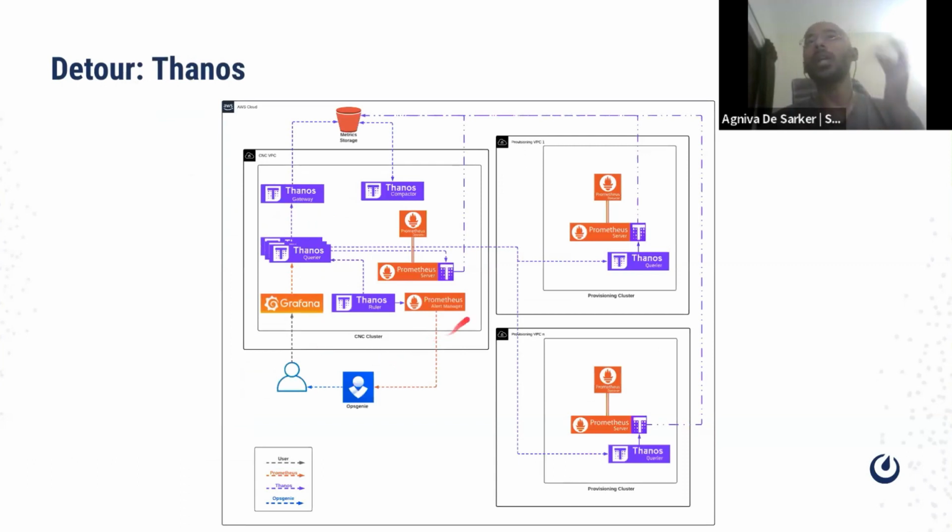Okay, what is Thanos? So you know what Prometheus is. The problem with Prometheus is the one I was talking about earlier, right? The Prometheus storage is its own custom format, and it's stored locally in the Prometheus server. That gives us various problems because it's hard to scale, right? So Thanos is like, okay,